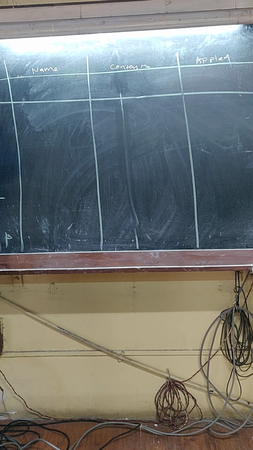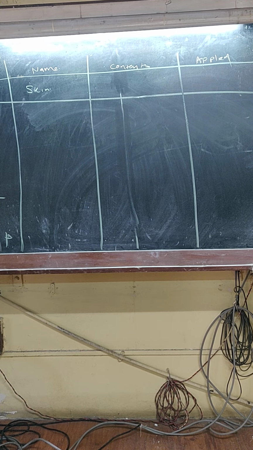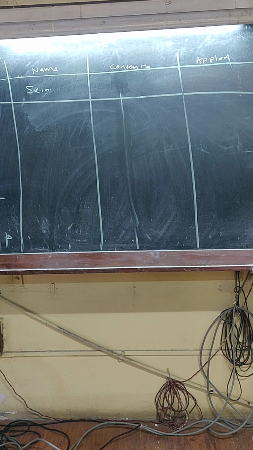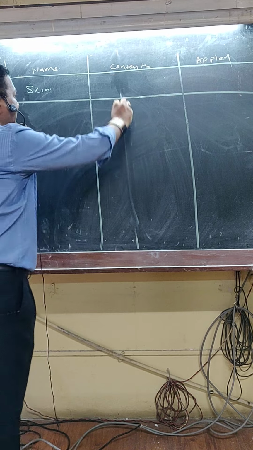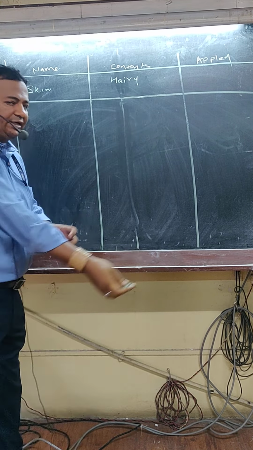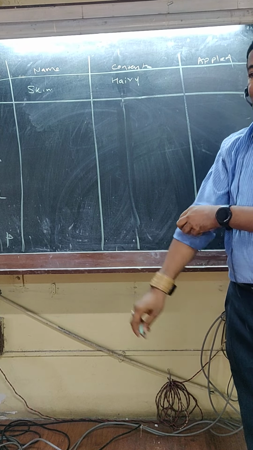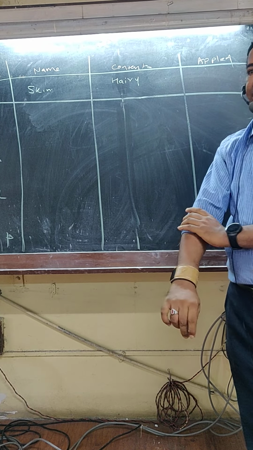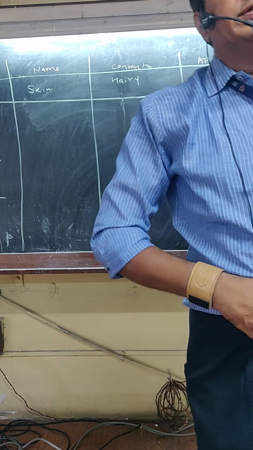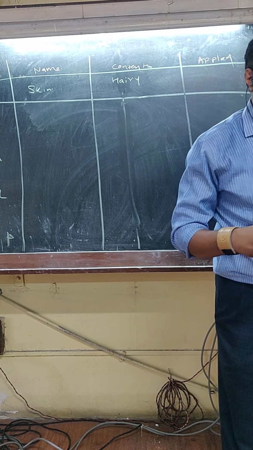So layer number 1 is skin. Okay? Skin. How is the skin? Is hairy. Okay, it is hairy in most of the normal people. Okay, some people there are no hairs also. Skin is hairy. Okay, but there are diseases like alopecia and all, where a person does not get hair.